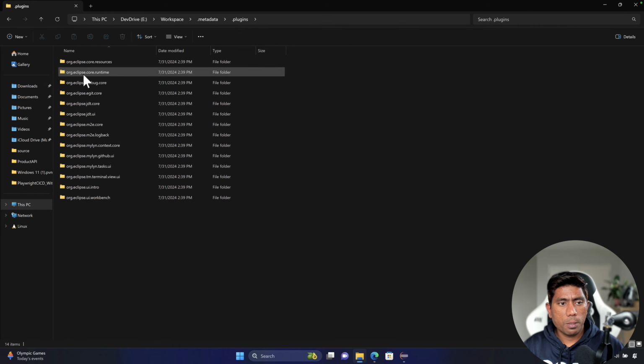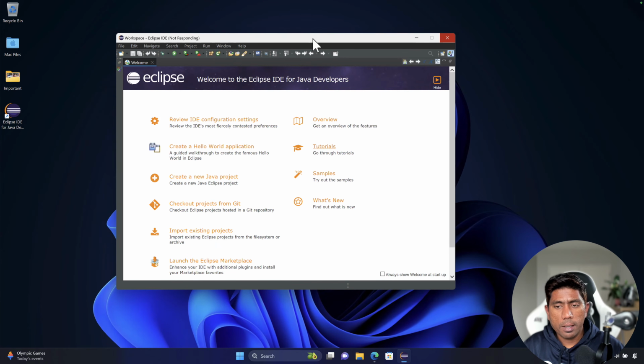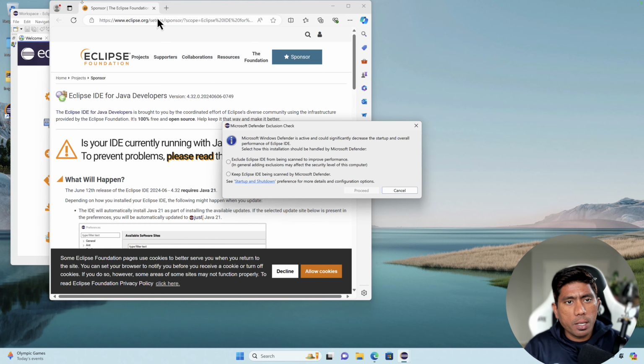And if there is any specific plugin that you are going to be working with, it's all going to be sitting over here. So you can change the plugin and you can do whatever you want to do in future. It's all going to be residing over here, very specific for that workspace, right? So there we go. So now we have the IDE, and I'm also getting a pop-up window here saying that,